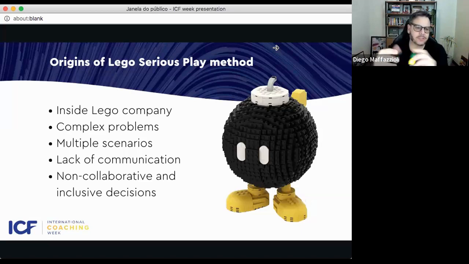And it's very powerful to put everybody on the same page when we are talking about a challenge, okay? And not just that, but the method is very powerful to create an environment to collaborate. Because when we use Lego Serious Play, Lego bricks, we can invite people to share their understanding using the bricks.